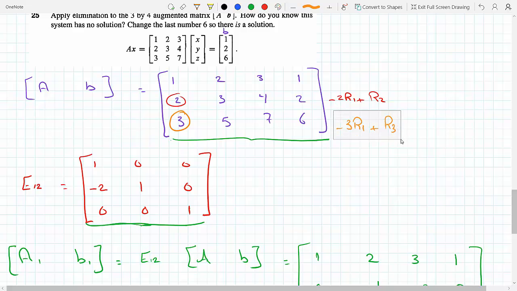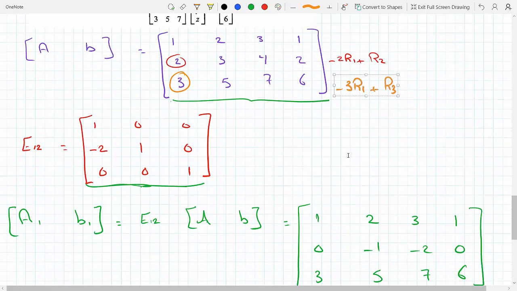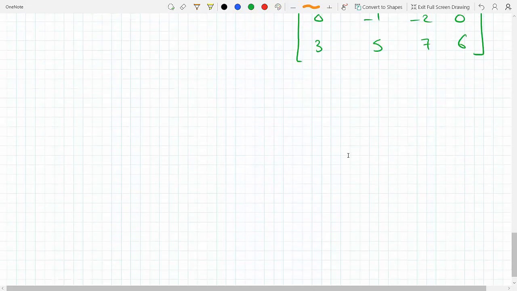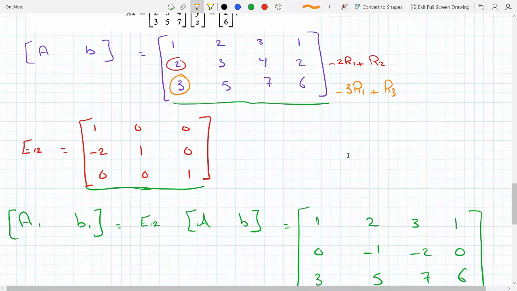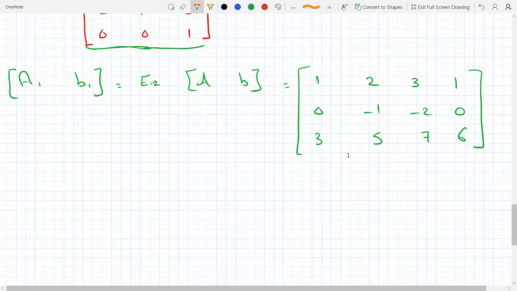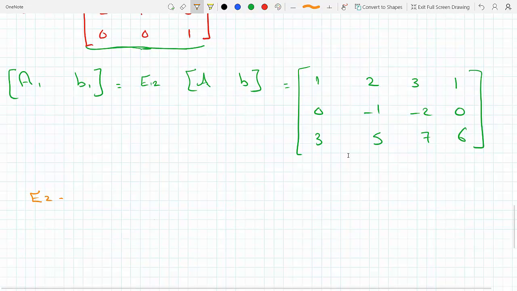So let me take that and use it, or I could just write it minus 3r1 plus r3. So this will get me E2,